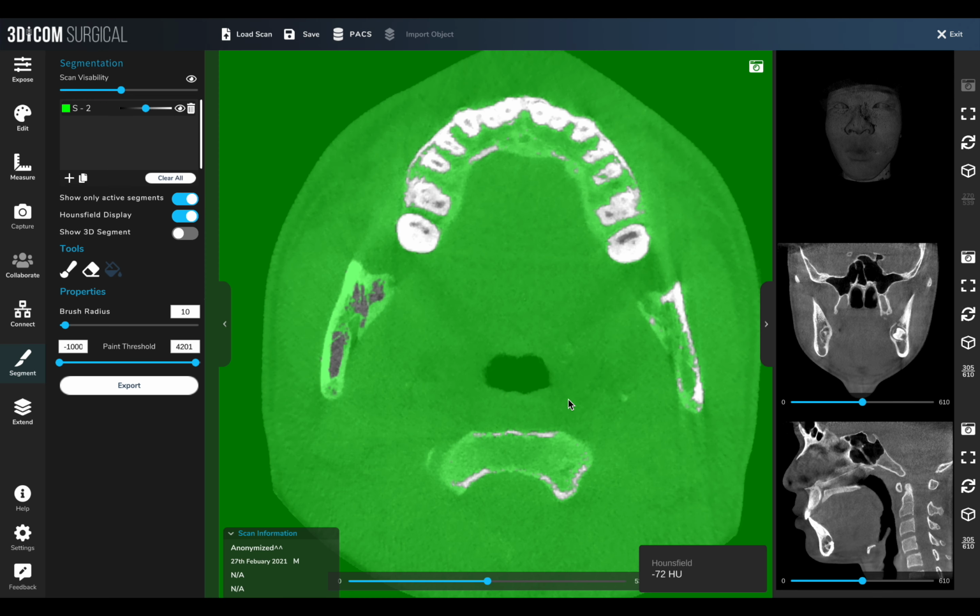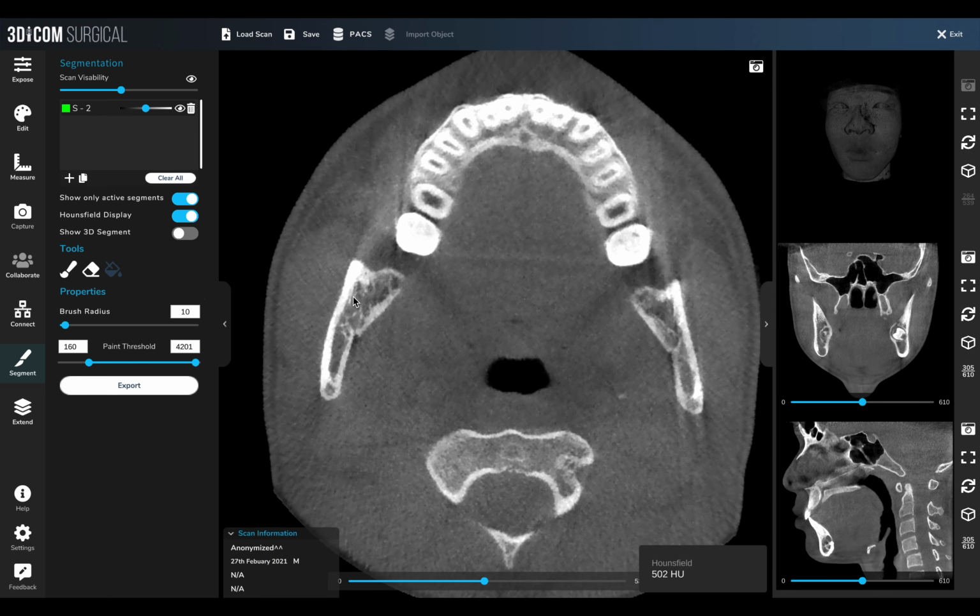Additionally, the flood fill just seems to fill everything on the page, with the exception of what the paint threshold is. And there's no Control Z, like I'm using Command Z on my Mac, and it won't actually undo. So there's no undo or redo buttons in the segmentation panel. So the brush radius needs to go right down in terms of size, showing the 3D segment. So when you make the edits on here,